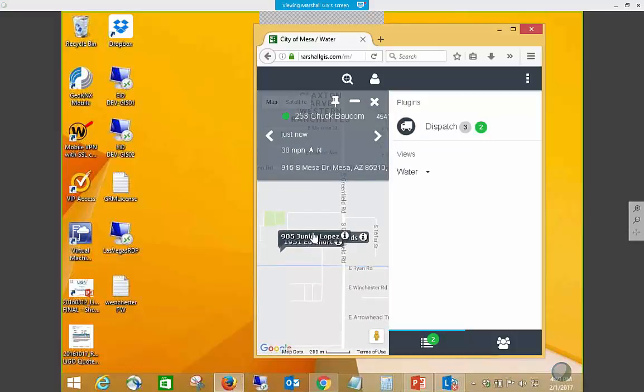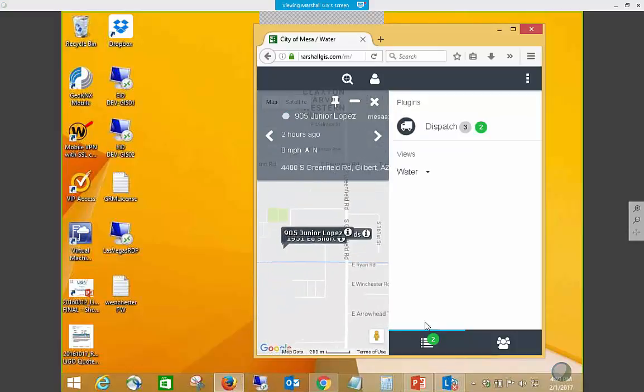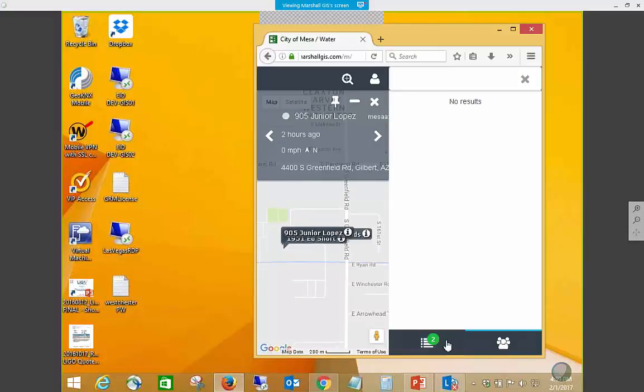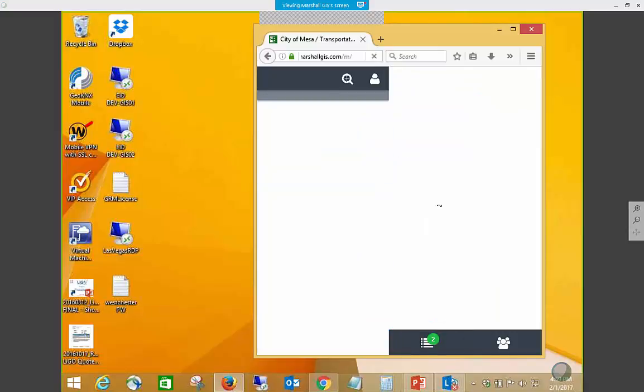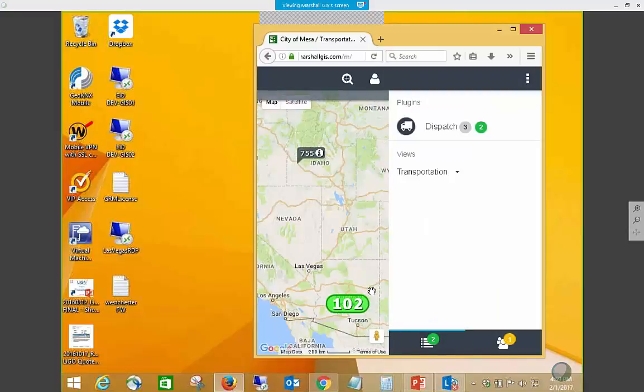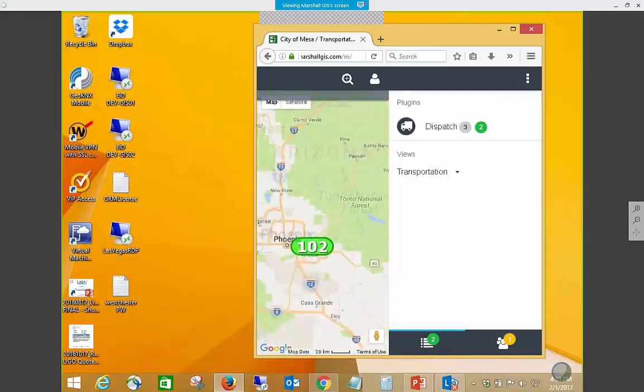So these are again vehicles in the list here, and then there's also jobs. So I have my jobs view here. For me, I can switch between different views if I wanted to. So if I wanted to go to transportation view, for example,